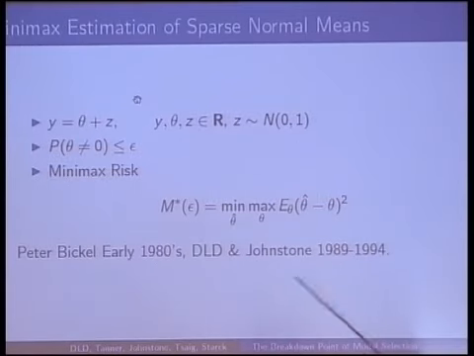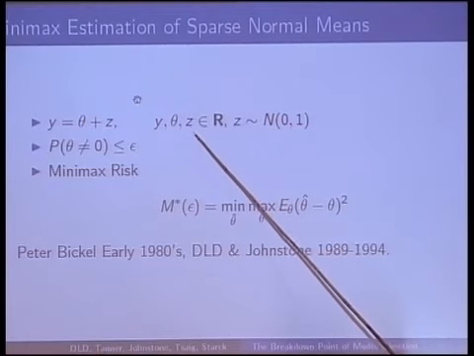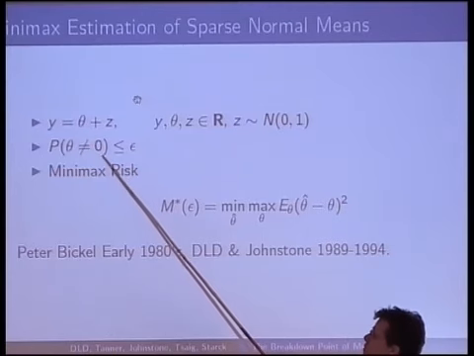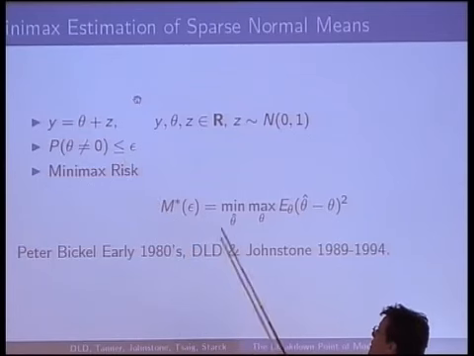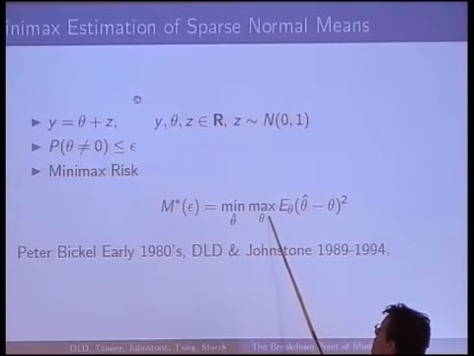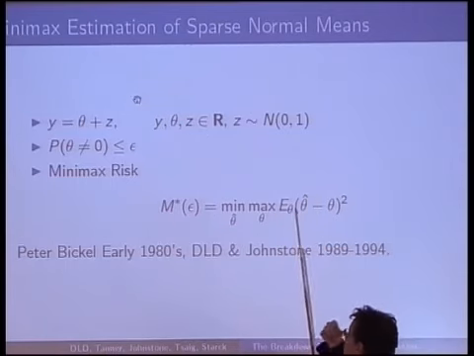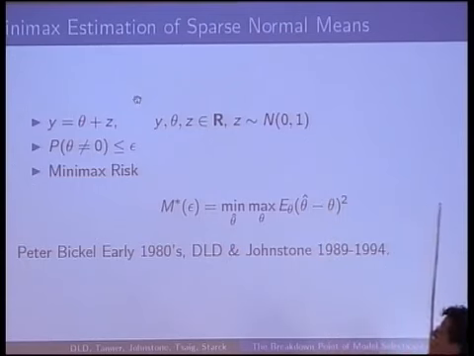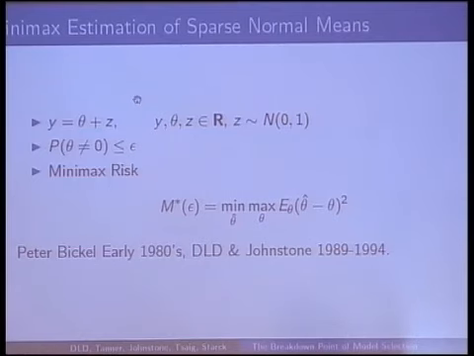What is the sparse normal mean problem? Here we have scalars. We have a parameter theta which may or may not be 0. It's usually 0. And the minimax risk is the min over all rules, the max over all theta. What I should say here is the max over all laws of theta that obey this constraint, that risk. This was discussed by Peter Bickel in the early 1980s in a sort of Lagrangian dual form, and Iain Johnstone and I did a fair amount of work on this later.